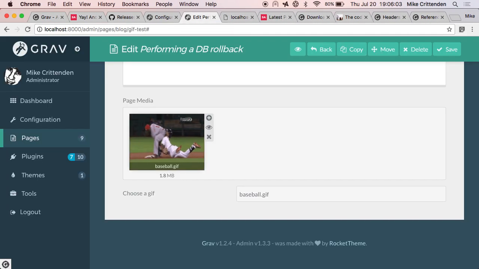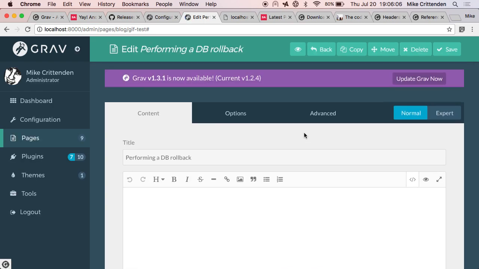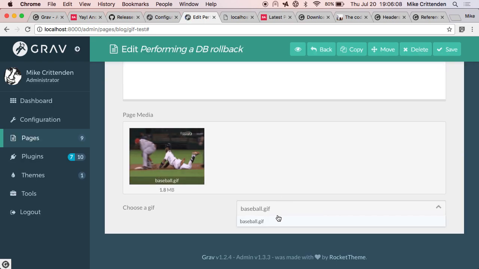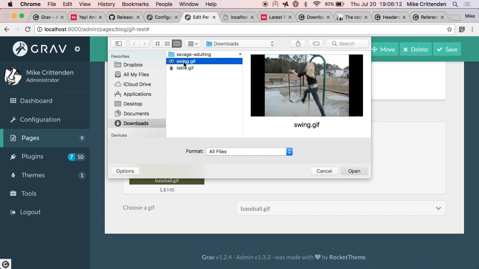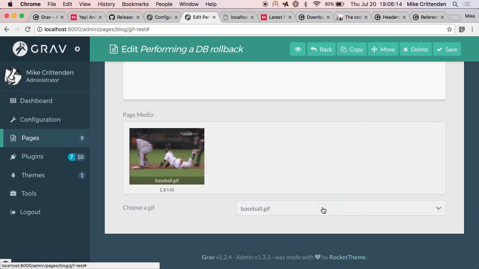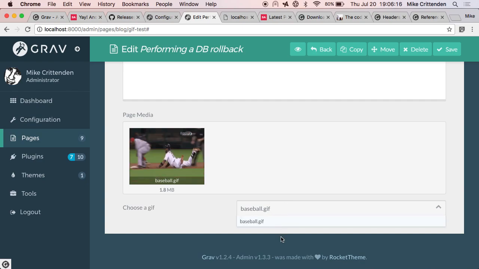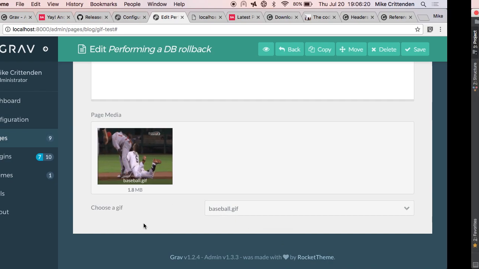So all I have to do is change type to page media select, and refresh, and then it's got this nice little drop down, and I only have one media here. But if I had more than one, then it would list them all here, and I could just choose which one I wanted. And again, just changing the value here would then